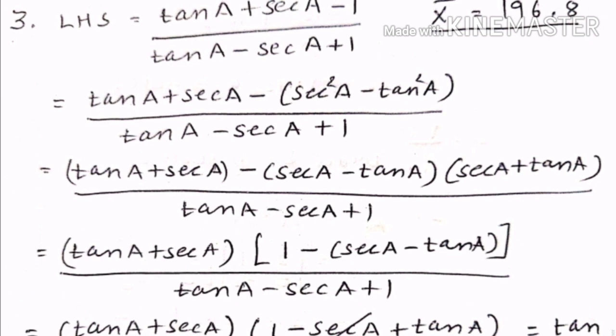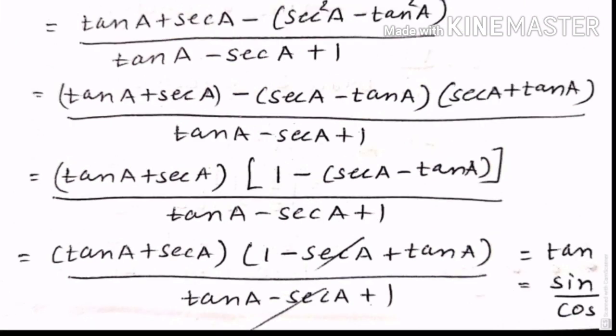So now that first term tan a plus sec a put in the bracket, and this is sec square minus tan square. We find the factors as minus and plus, that is a square minus b square type of identity. So we get sec a minus tan a, sec a plus tan a, and in the denominator same. Then tan a plus sec a, that bracket is common, and 1 as it is already common, 1 minus sec a minus tan a in the denominator as it is, and then we can see that denominator and that whole big bracket are similar, so we can just cancel the brackets and we are left with tan a plus sec a on the left hand side.